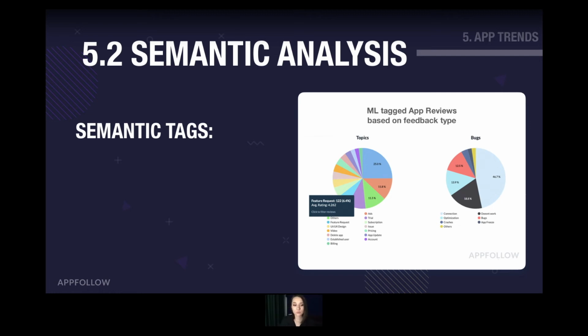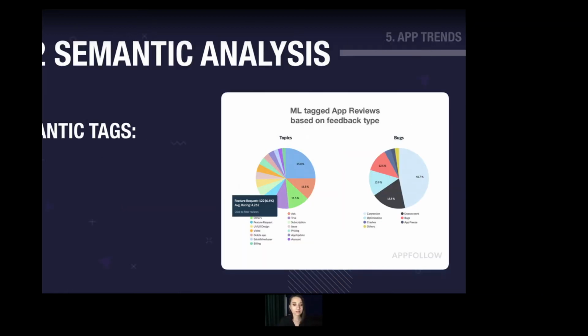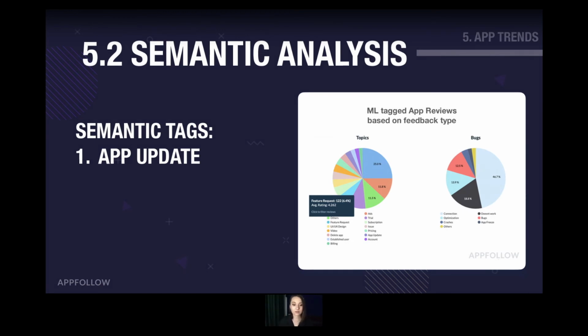And they categorize it with 30 plus tags we have of different topics, right? So the topics, my recommendation is to focus on app updates. Yeah, in general, I find this is the go-to semantic tag, because if they're commenting on an app update, this is definitely insight. And what's best about it is that you can do it not only for your app, but for